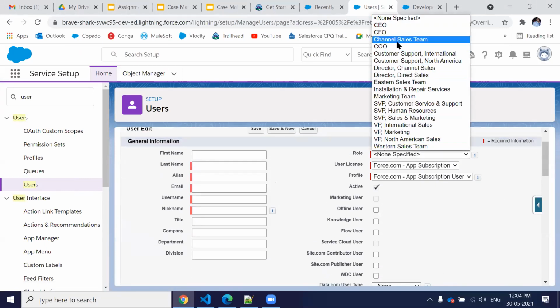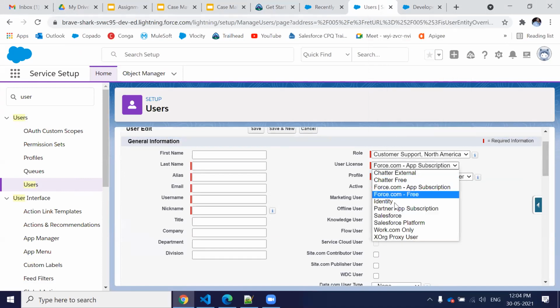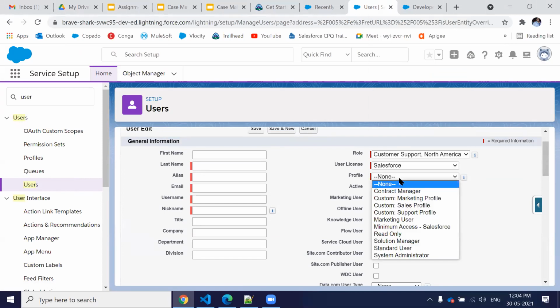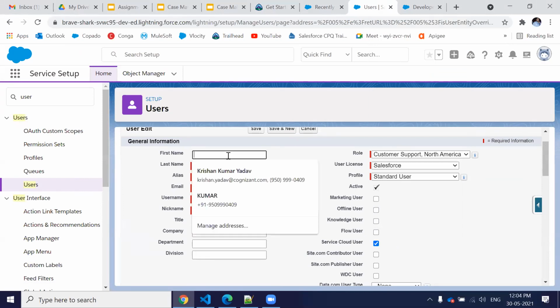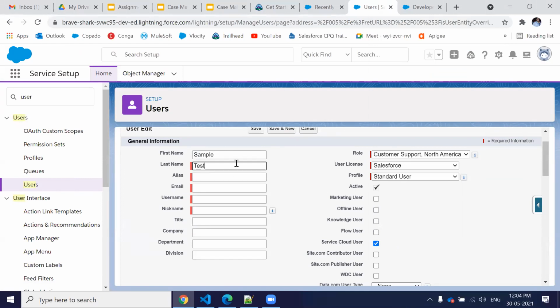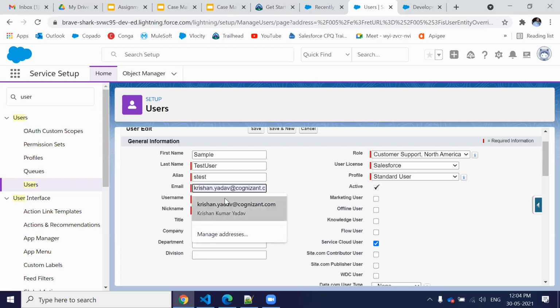I'm just going to use this as a customer support of North India. This is going to be Salesforce. I'm going to use a standard user, and this is going to be a service cloud user as well. And here I'm going to provide sample test user, and then I'm going to provide the email of this.